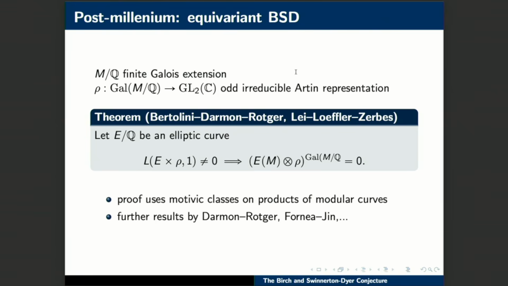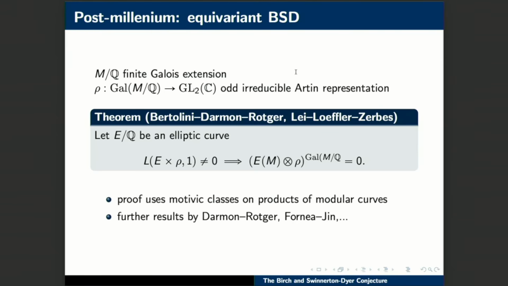So in particular, if you tensor from Q up to C, your set of solutions is a complex vector space in which the Galois group acts. So you can think of this as just some finite group acting on that. That'll decompose as some representations of the group, and you can ask, do certain pieces actually appear or not? And so if we have such a situation where the representation is two-dimensional and odd and irreducible, such a representation is called an Artin representation,